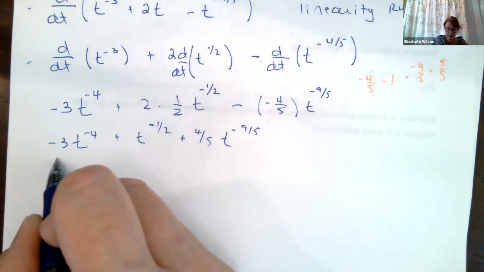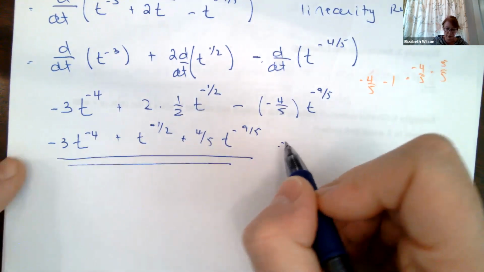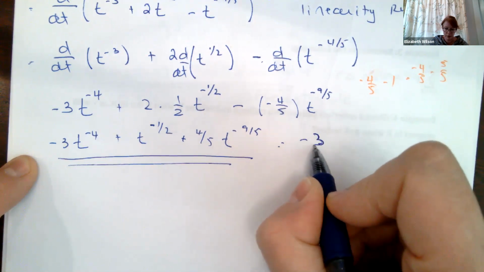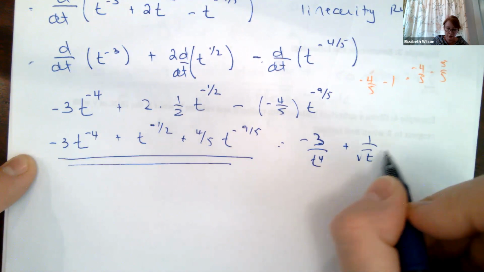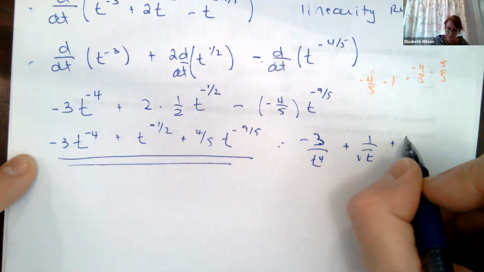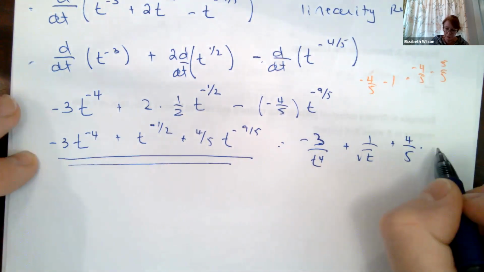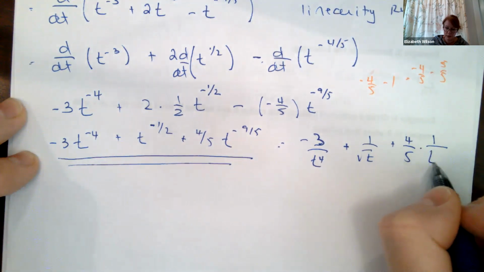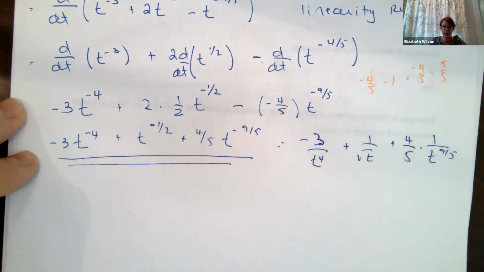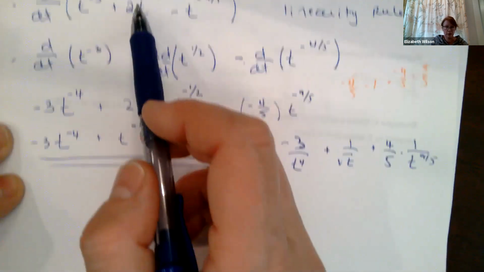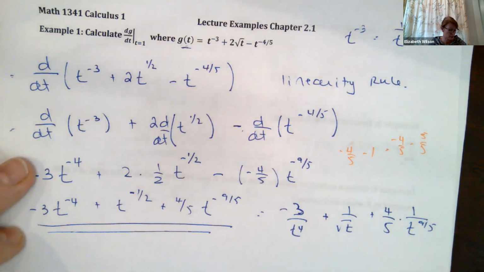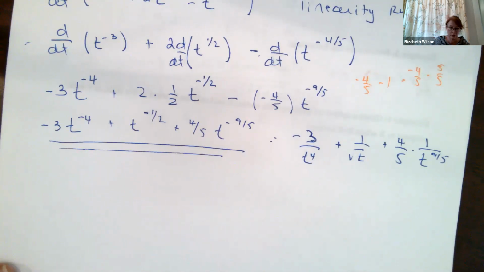So far this is our derivative, which I can also write like this: minus 3t to the 4th plus 1 over radical t plus 4 over 5 times 1 over t to the 9/5. You can leave it either way, that's fine. Now we were told to take a look when t is equal to 1. So I'm going to substitute t equals 1